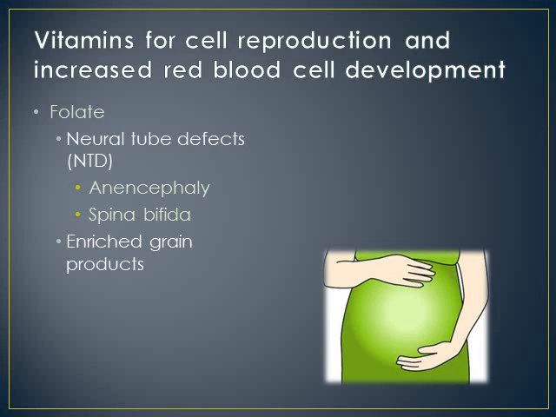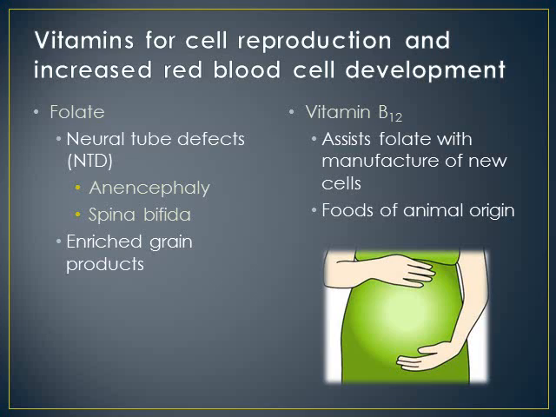So remember that there is a federal mandate or federal requirement for fortification of enriched grain products, which includes B vitamins, including folate. It's also important to have adequate folate intake before pregnancy because of its role in preventing neural tube defects. So this is one of those if adequate folate's not available before pregnancy. And again, many of us may not know that we're pregnant until we're too far in to prevent these defects. So adequate folate is always important.